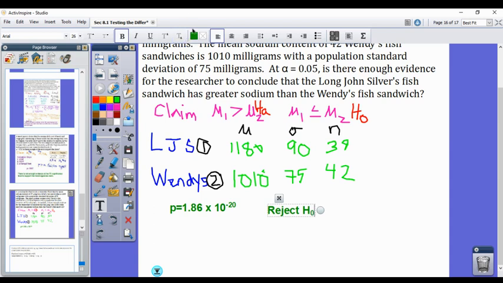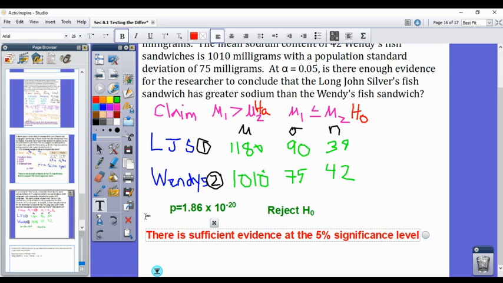All right, so let's write our sentence. We can say there is sufficient evidence at the 5% significance level to support the researchers'